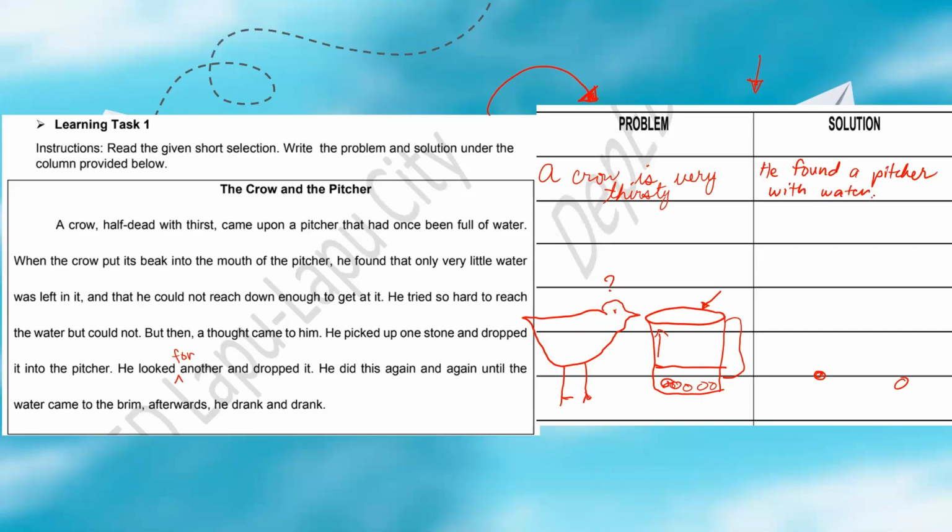But the pitcher doesn't have enough water to reach the brim, making the crow find it difficult to drink the water. Meaning to say, the problem was there was little water in the pitcher. And I think you can figure out already what the crow did. He picked up stones